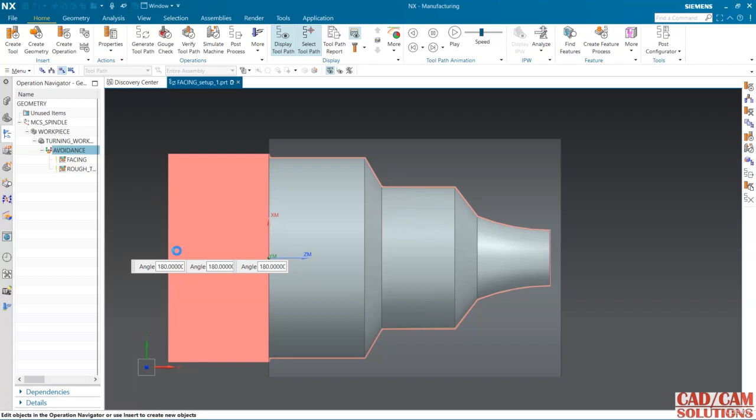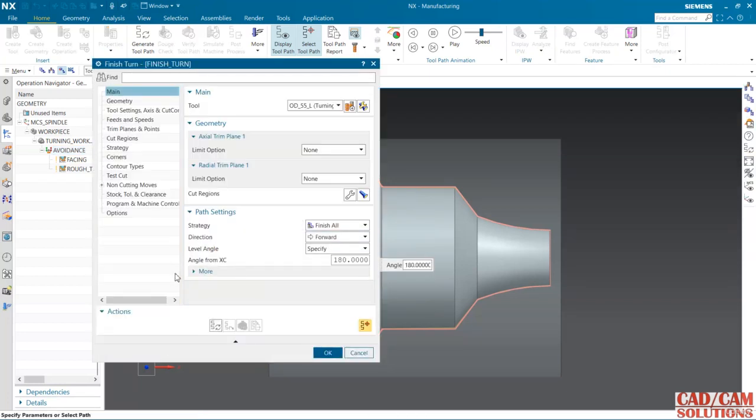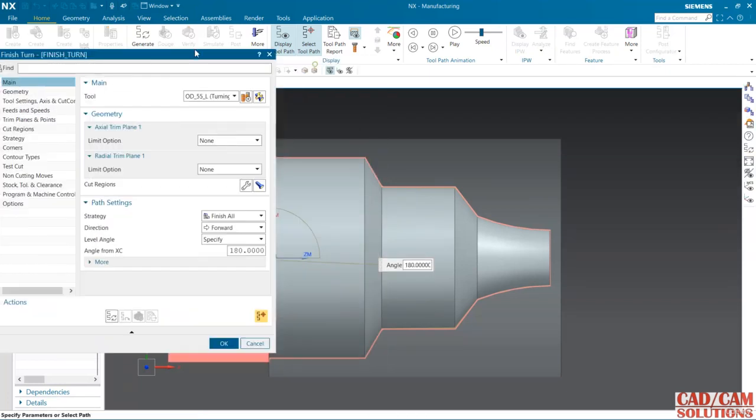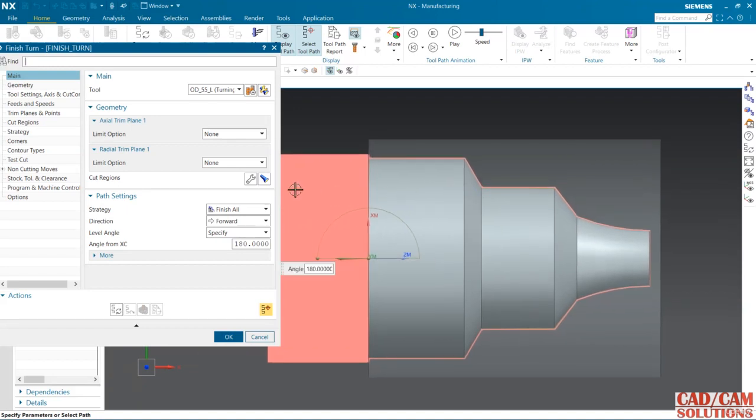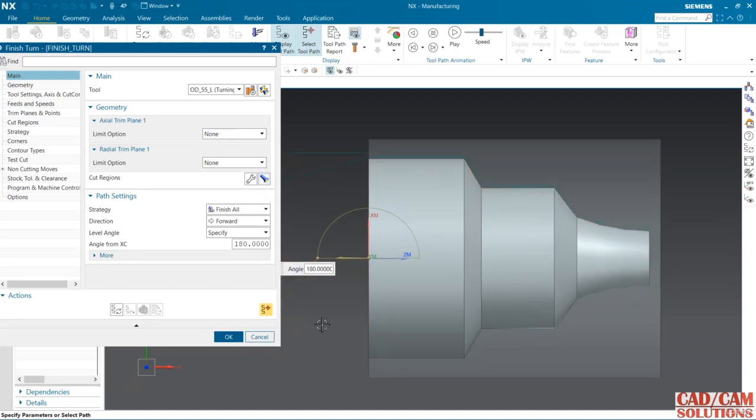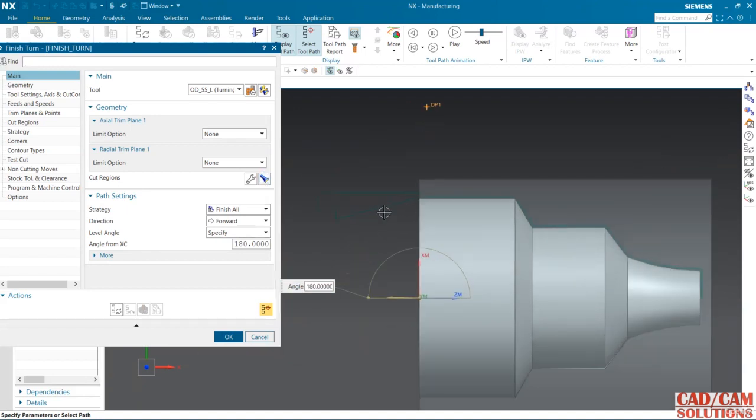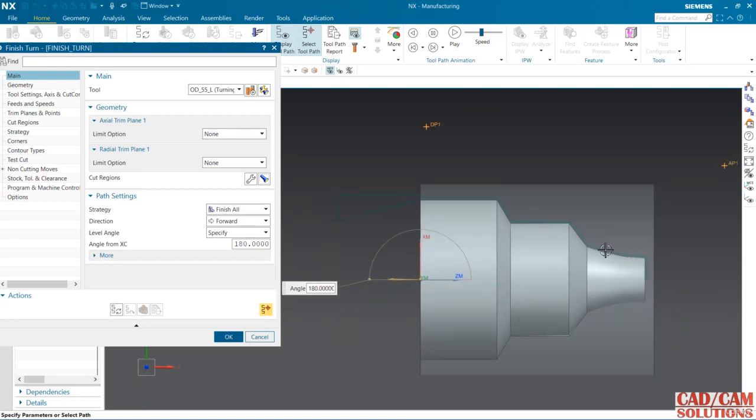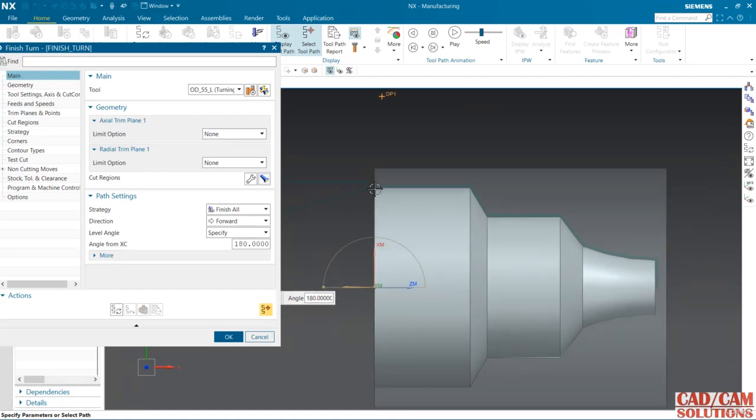Okay, and here if you click over this display, it will show you the display. So this is the display, and I want to cut up to this point only. So click this,